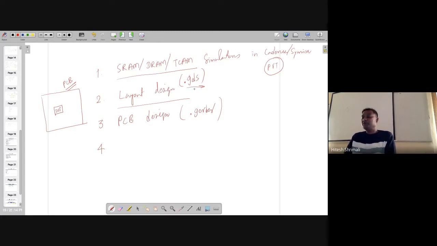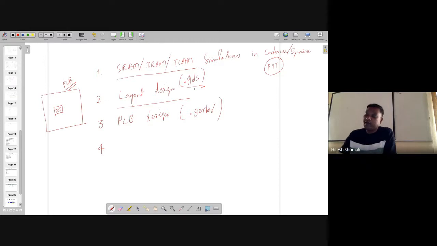If you go to any place where someone is well aware of VLSI design, he is going to say that my GDS is ready, meaning his layout is done. He's not going to tell you that it's a layout only. It's all about GDS. Similarly, the PCB design person will tell you that the Gerber file is ready, and I sent it for fabrication to some company in Delhi.